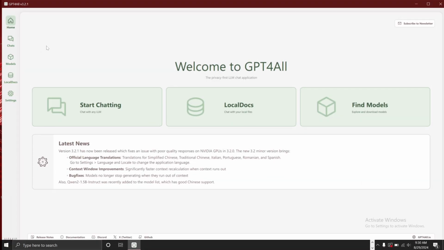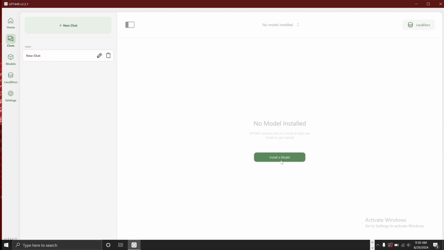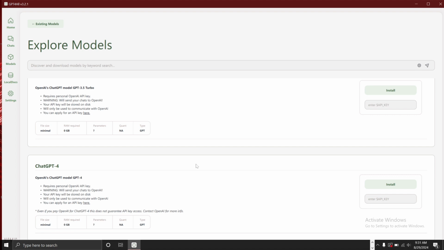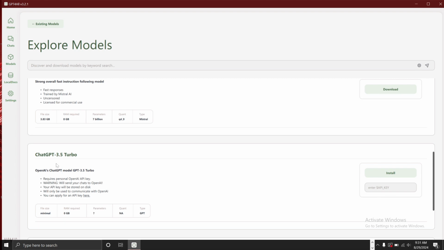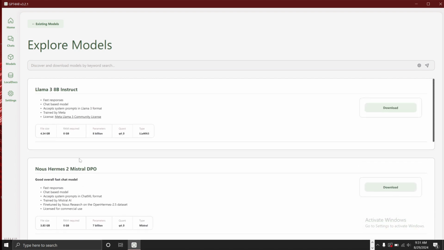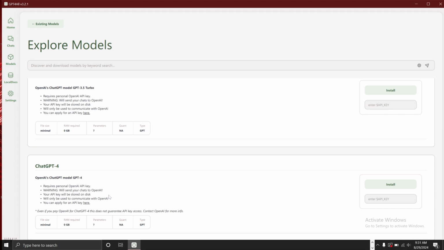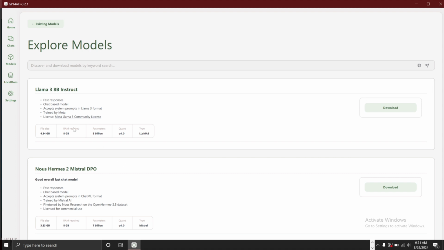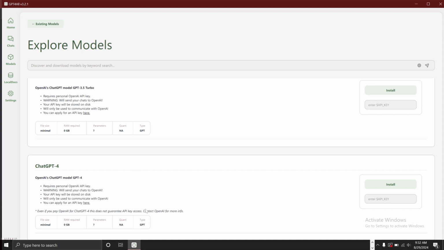So after installing, what you want to do is click on start chatting. So right here it's going to say install a model. So it's going to give you multiple options to install from. So we have OpenAI ChatGPT model 4, and then we have ChatGPT 3.5 Turbo. Okay, so this is the one we need to install. So basically, you can select any of these models that you feel is the best. You need to just look at the options you have and then you install. Okay, so once you install,